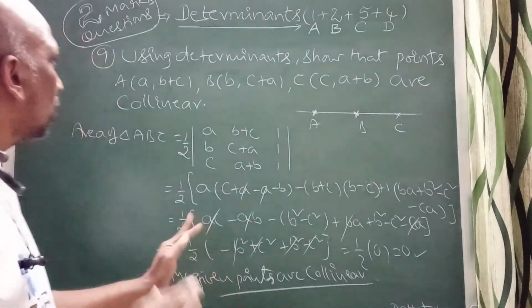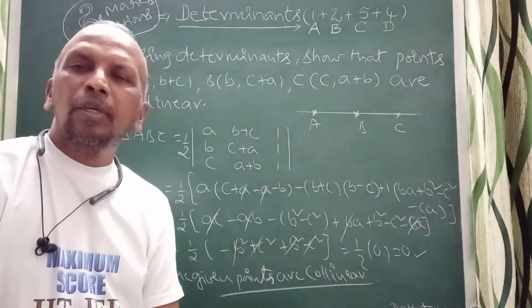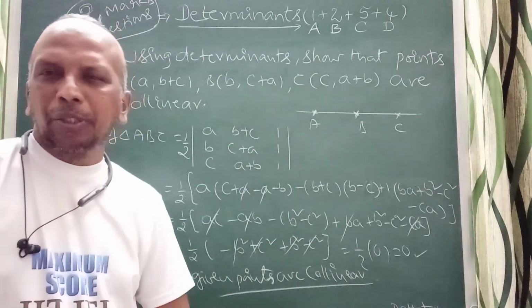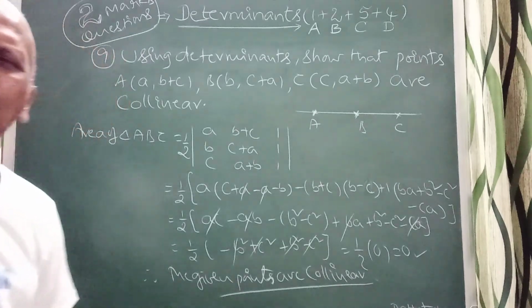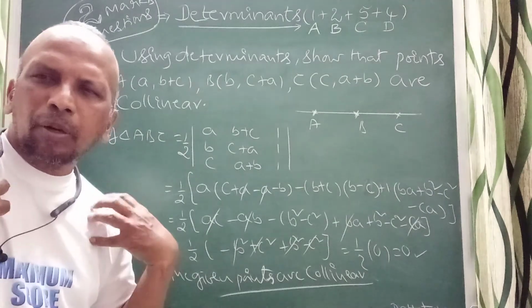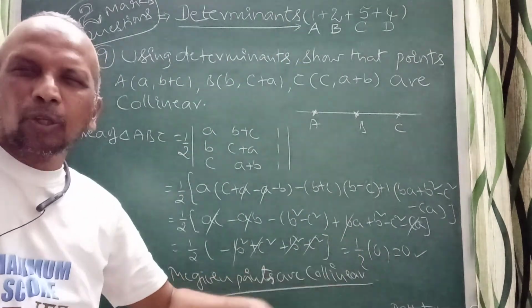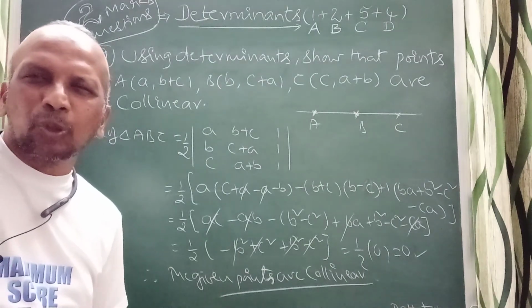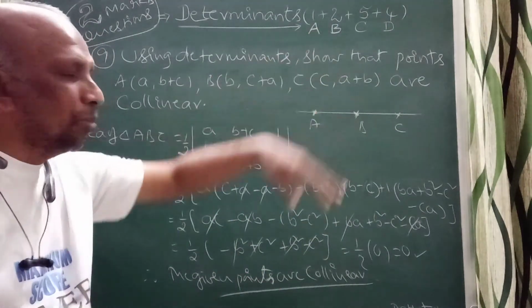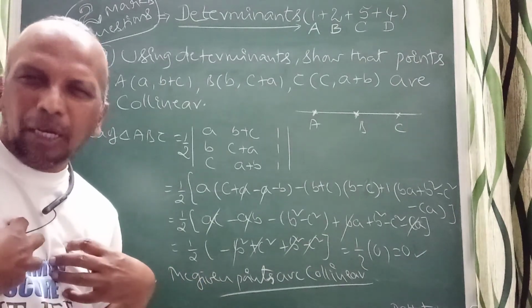So now with this I have completed all the 2 marks questions. Tomorrow I will upload the 5 marks questions, so you can solve these questions. Definitely you will be thorough with this topic. My aim, or your aim, should be to reach the maximum score. You should improve your score. So 1 plus 2 plus 5 plus 4, 12 marks you should get out of 14 in the determinants topic. That is my wish. Thank you.